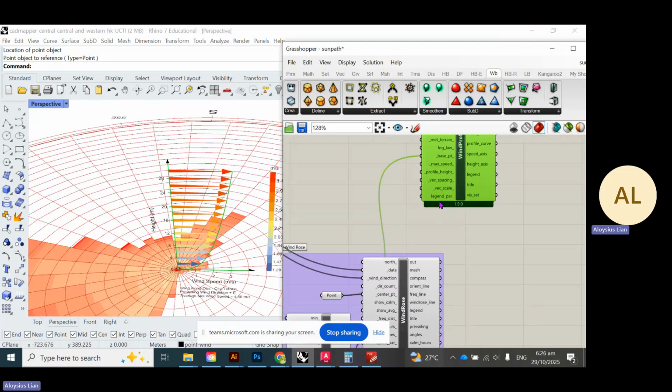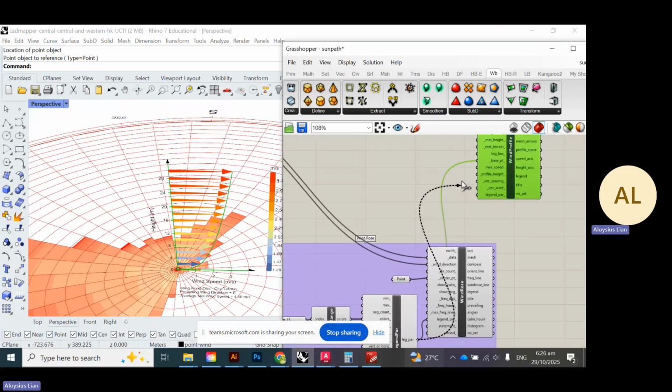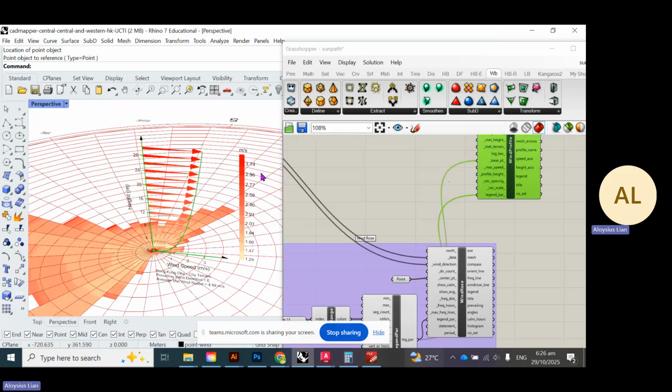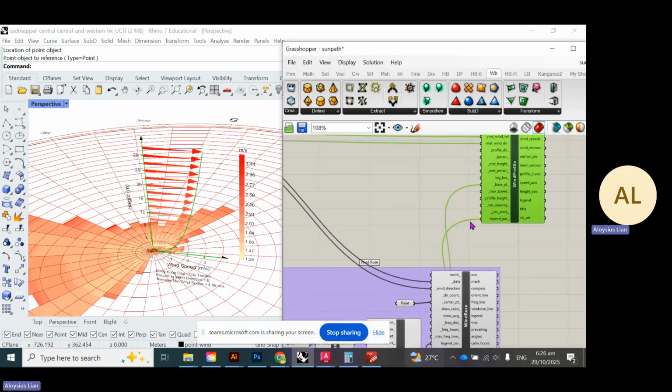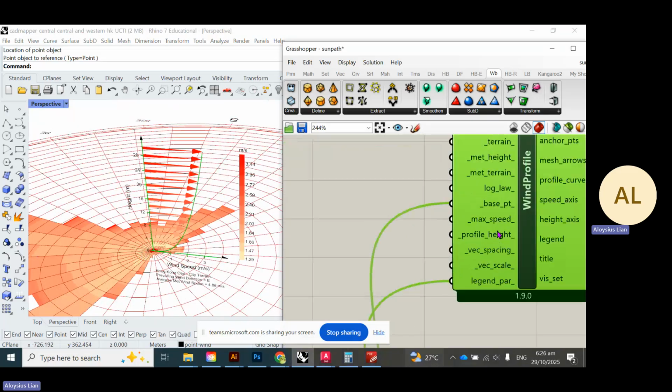You can change the color here as well. Right, so for example, if I were to connect this, you see now this will all match in terms of the coloration. Okay. The next thing that we can do is we can adjust the profile height, how high it goes to,